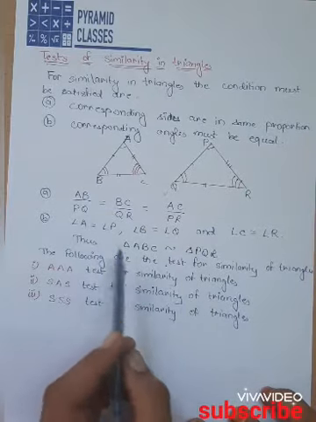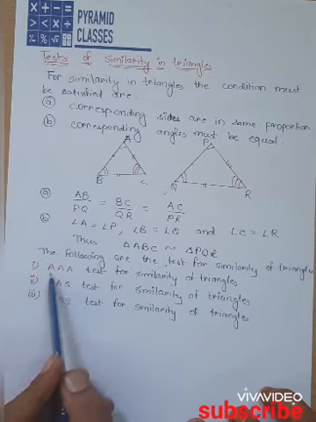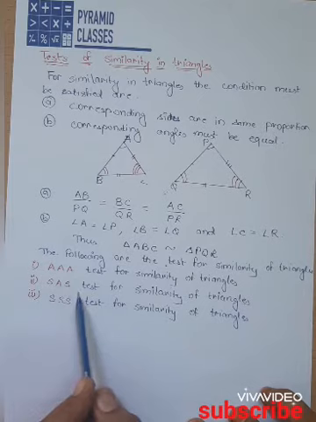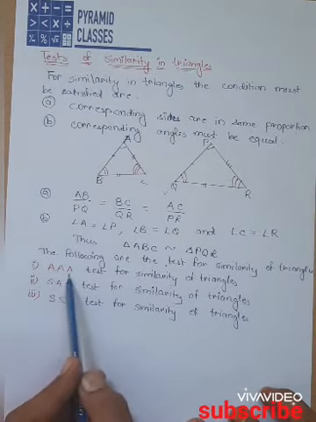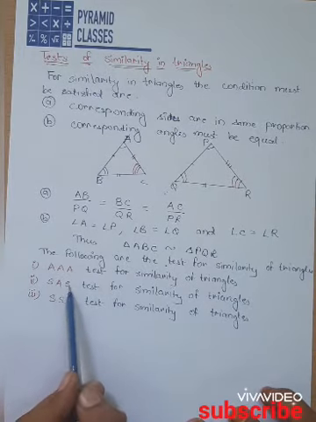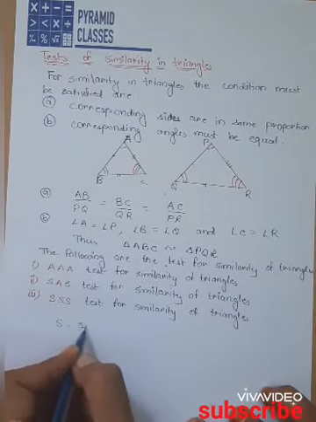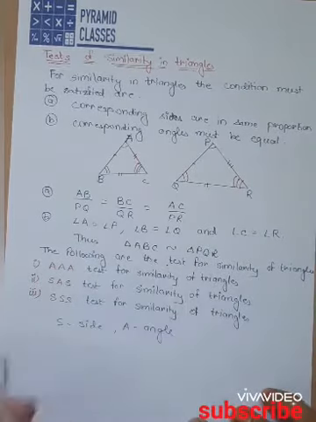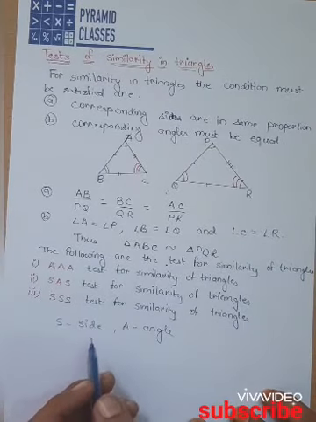How can we prove that triangles are similar? By using three tests: the triple A test, or we can also use the double A test, which I will tell you about later. The SAS test and the SSS test. A means the angle test, SAS is the side angle side test, and SSS is the side side side test. Here S means side and capital A means angle. Let us prove these tests according to the statements.